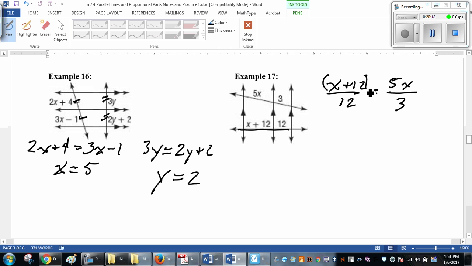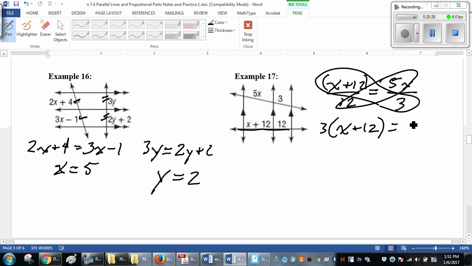So let's practice. Cross multiply. Five x times 12. 5x times 12 gives us 60x. Distribute that 3. 3x plus 36